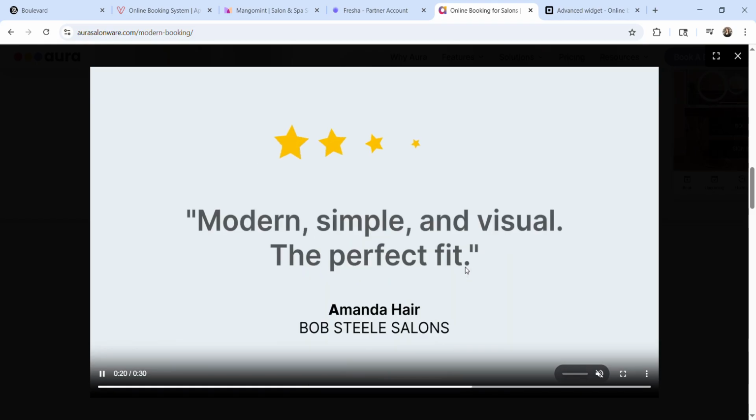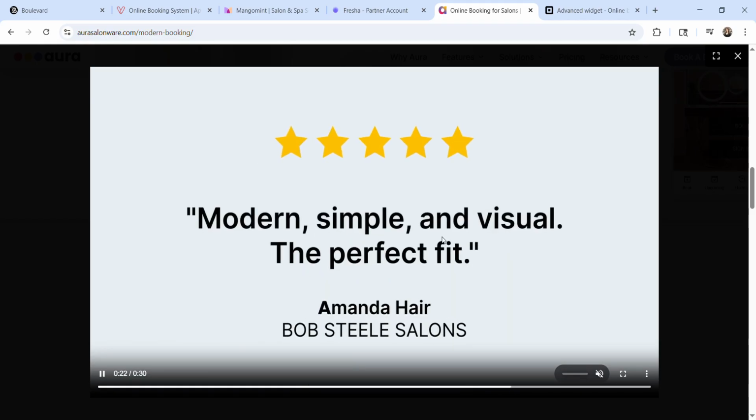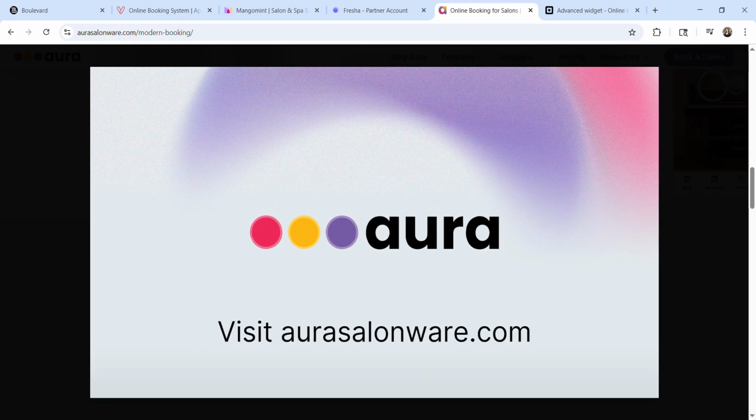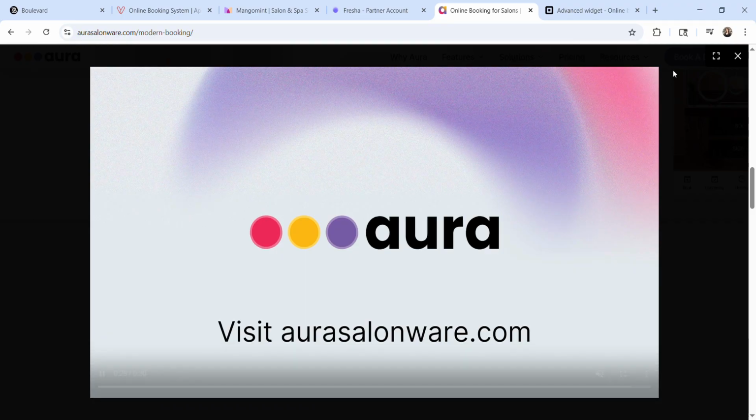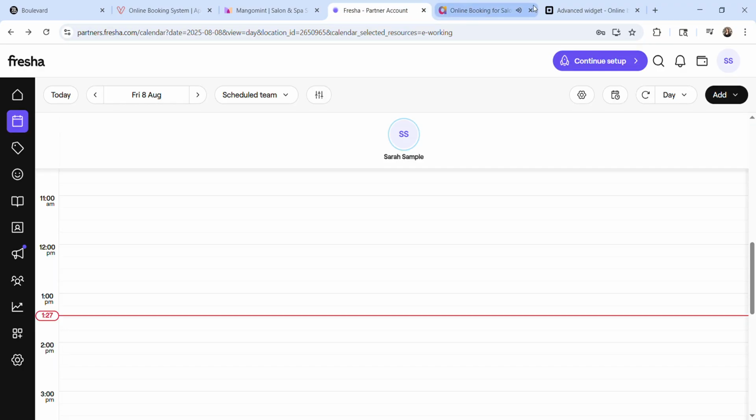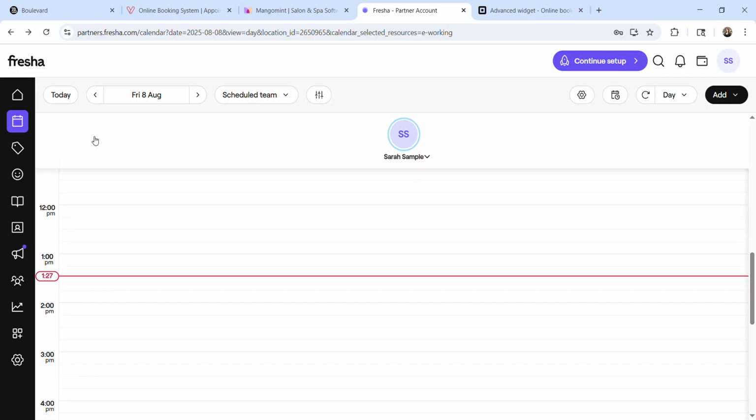There's also the option of accessing your information from your computer, which of course makes it a little bit easier to manage depending on your circumstances. So I'm going to pop over here to Fresha. So Fresha is another option. This one is a